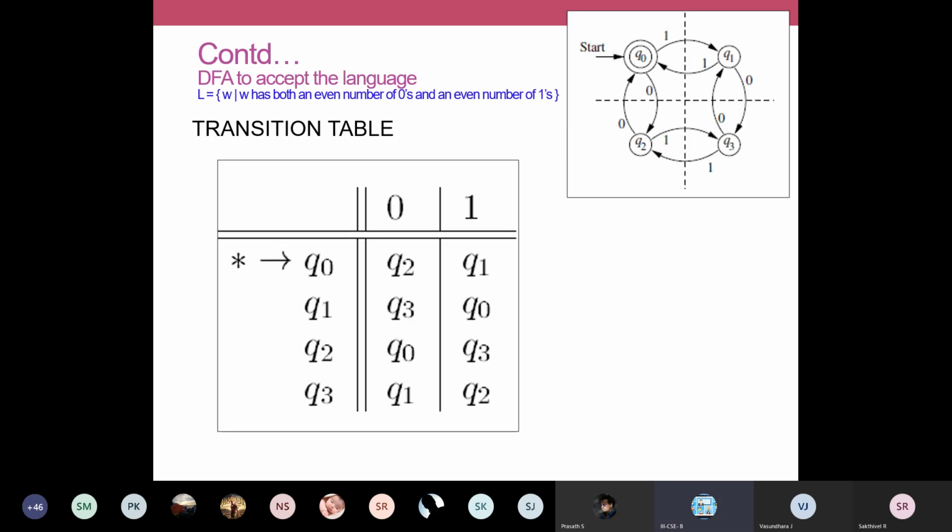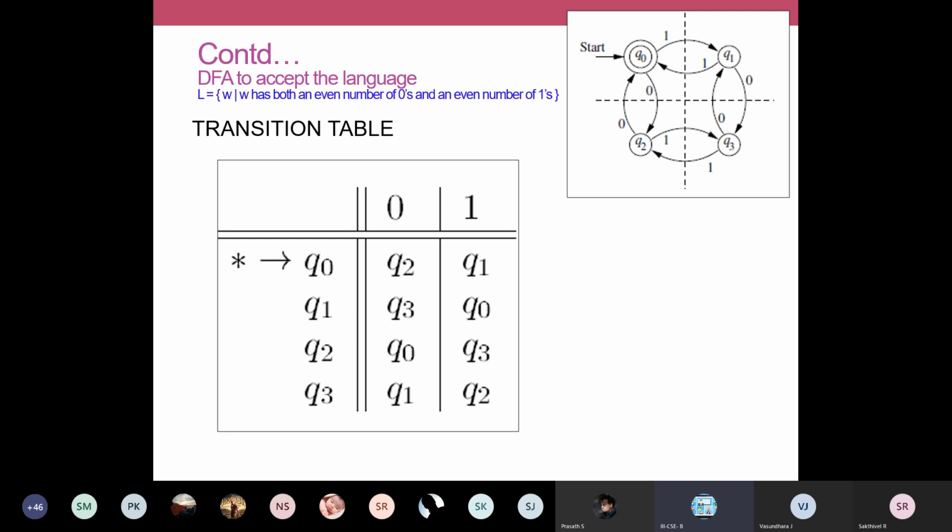Then this will be your transition table. Once you're asked to construct your DFA diagram, after constructing it, you have to draw the transition table also, and you have to prove the acceptability or correctness of your diagram, because these problems are asked in your part B question: construct a DFA for the set of all strings accepting the language.